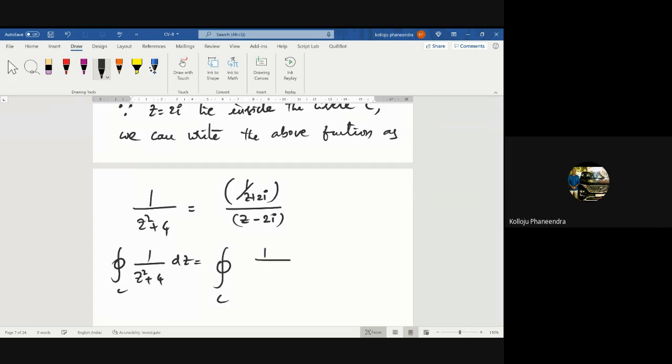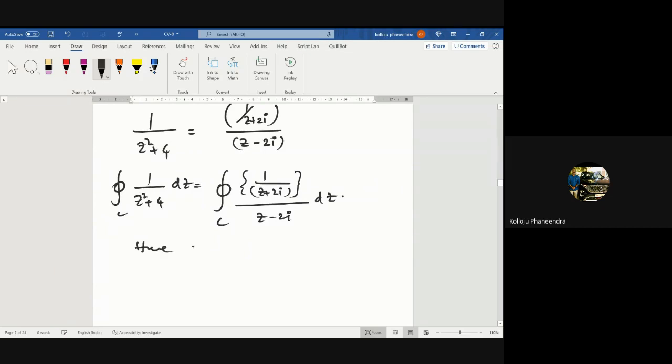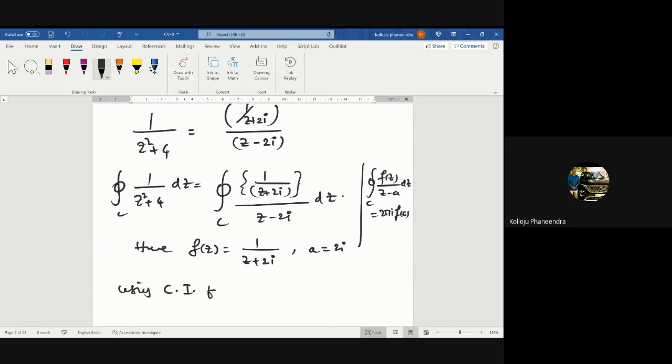Integral over C of 1 by (z plus 2i)(z minus 2i) dz. Here, what is f of z? To apply Cauchy integral formula, what is the structure? I'm giving again f of z by z minus a dz. What is this value? 2 pi i into f of a over C, right? Okay. And what is the a value? 2i. Okay. Therefore, using Cauchy integral formula,